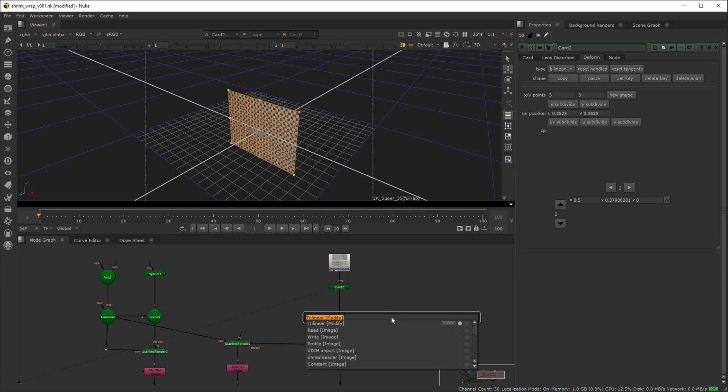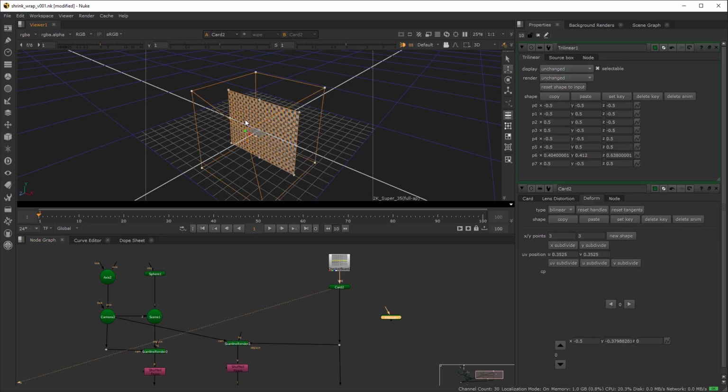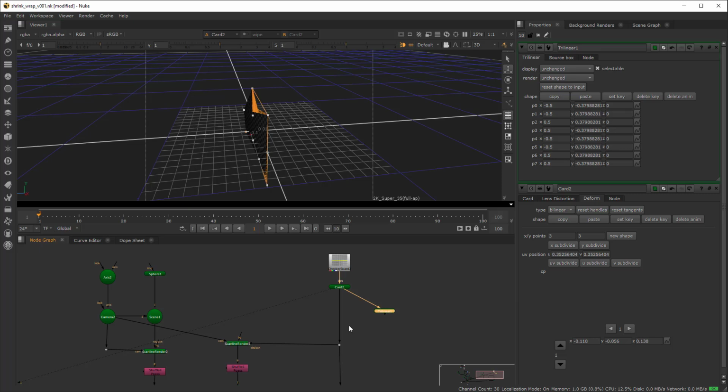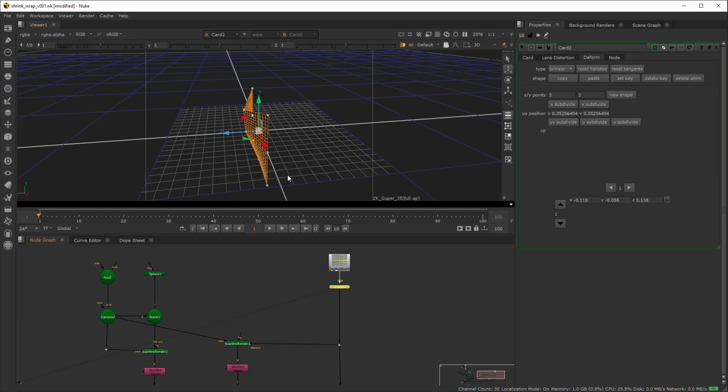a trilinear node. Once you plug it in, it allows you to distort. You need to click on reset shape to input, and you can now deform and distort your geometry through this node. But I was thinking, let's see if we can do something just to play around